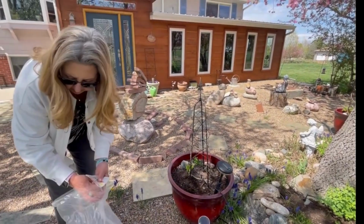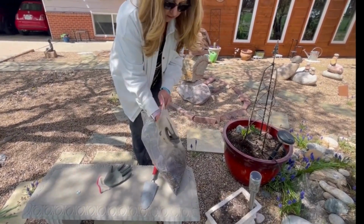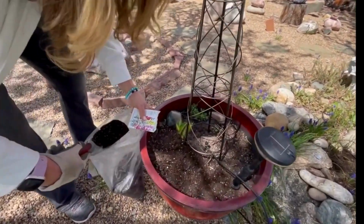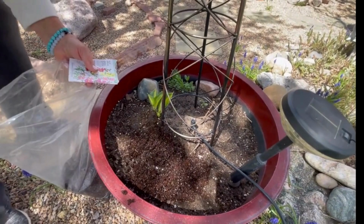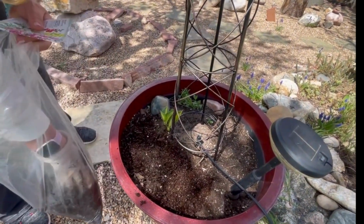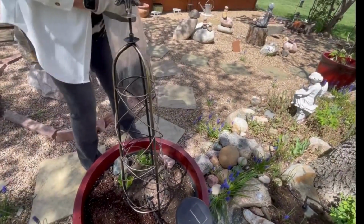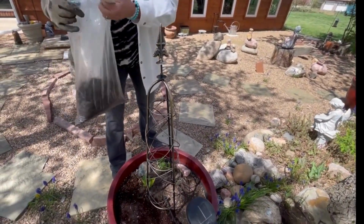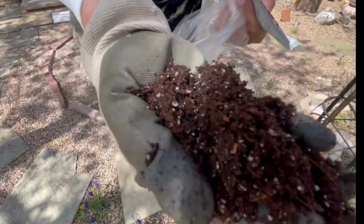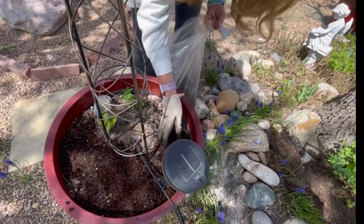But I want to take some of this seed starter, which is a finer soil, and put this here on the top, just because it's finer, and these snapdragon seeds, as you will see, are very fine. It's just very fine dirt. And I'm just going to put this around the top